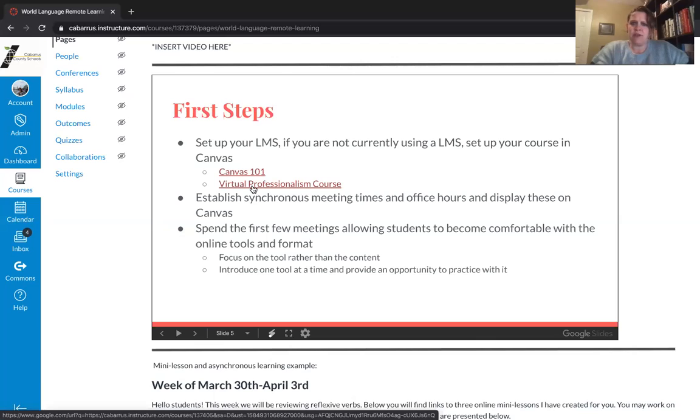When you establish your synchronous meeting times and office hours, make sure they're displayed on Canvas and kids can see them. Try to stay consistent with that as much as possible because scheduling for them could be hard. So if they start working around your schedule to be in those, we want to make sure that we can